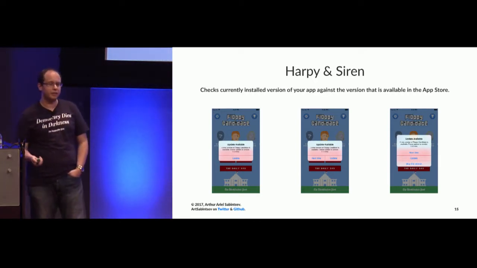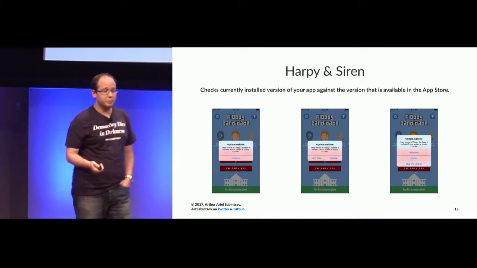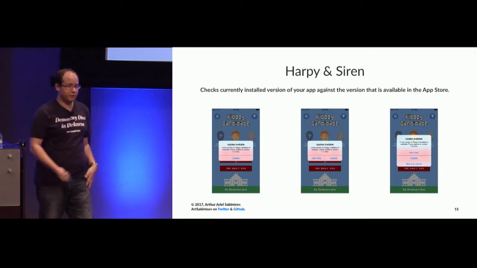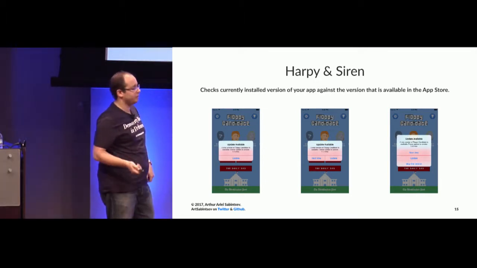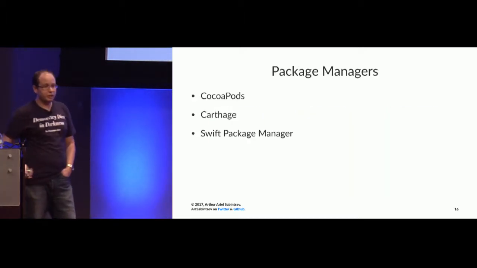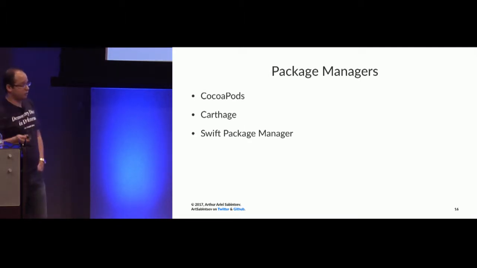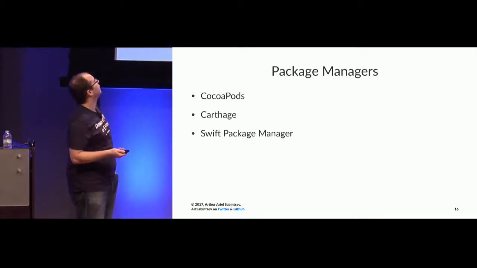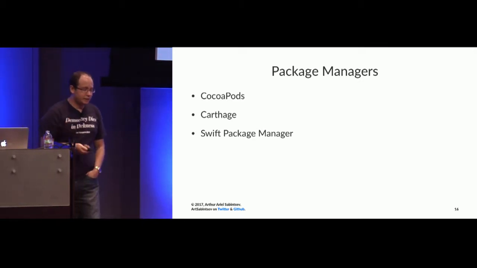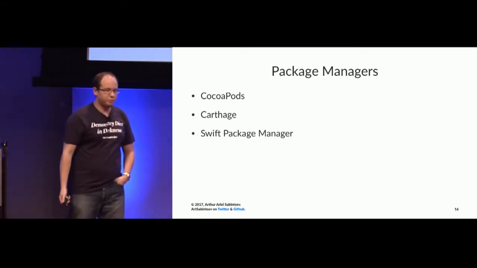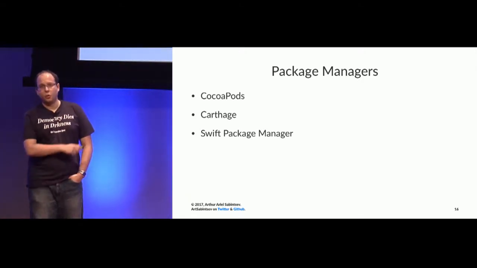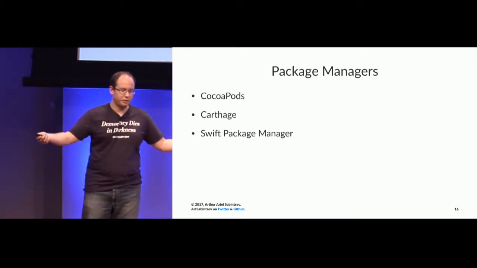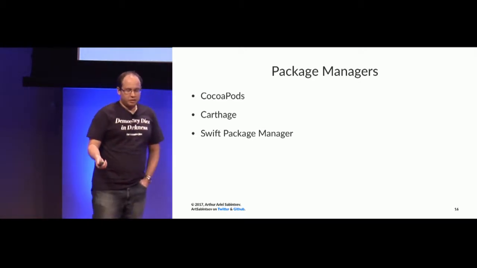And I've learned a ton building these libraries because I only wanted the ability to present one type of alert conditionally, and that's it. But in the process, tons of people have come to me, and I've learned a lot of things. The first thing I learned is how to deal with package managers. CocoaPods, I don't remember when it came out exactly, I think around 2012 or 2013, but I was asked to integrate CocoaPods. So I learned how to deal with CocoaPods. And then someone asked me for Carthage. And then no one asked me for Swift Package Manager, but I figured I might as well do it because it's supposed to be the next big thing, which it isn't yet.